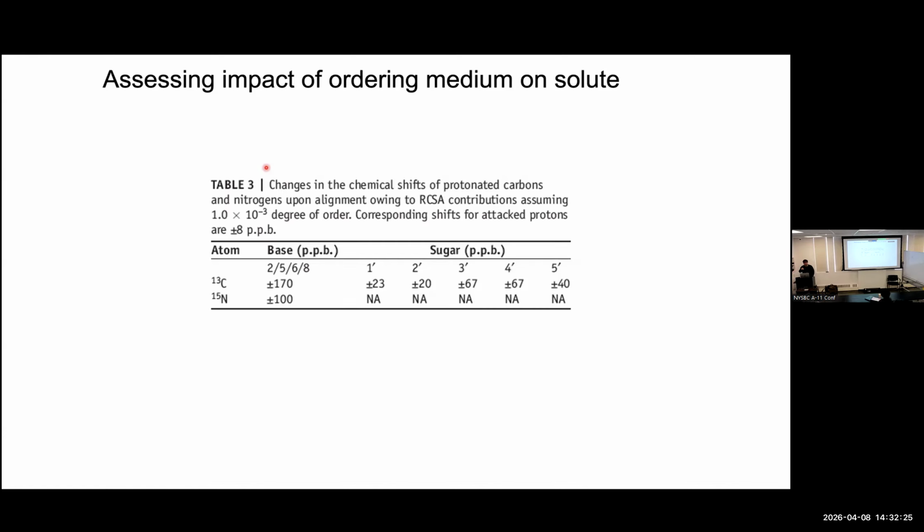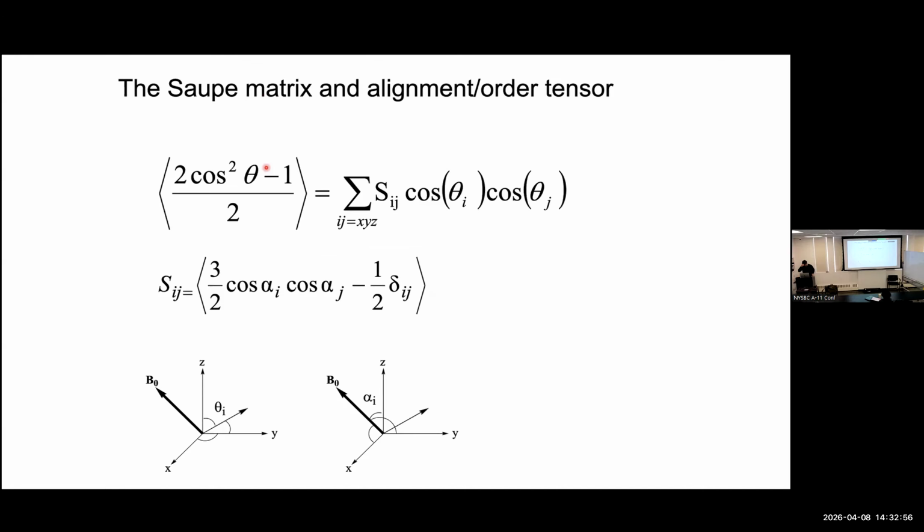Now, when you see such shifts for the sugar carbons, notice here I'm only showing... oh, I didn't say, sorry. For the base, it's 170 parts per billion. Notice for the sugar carbons, it's much smaller because the carbons have much smaller CSA. You need a lot of aromatic electrons to juice up the CSA. So sugar tends to have smaller CSA than the bases. Okay. So